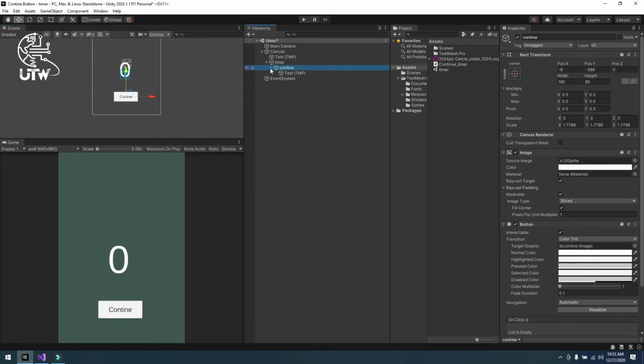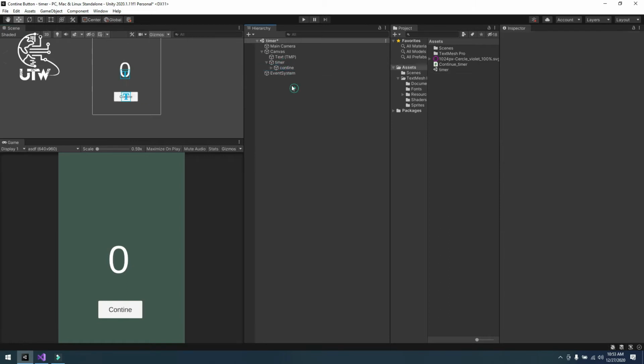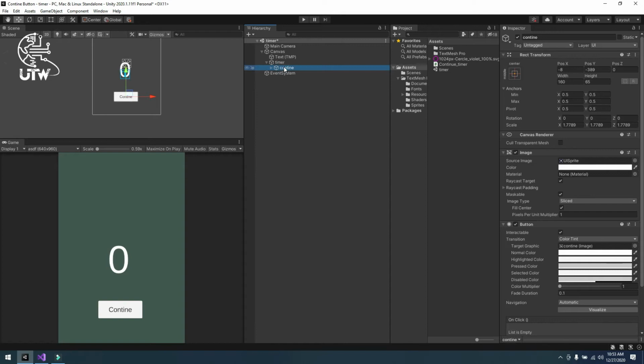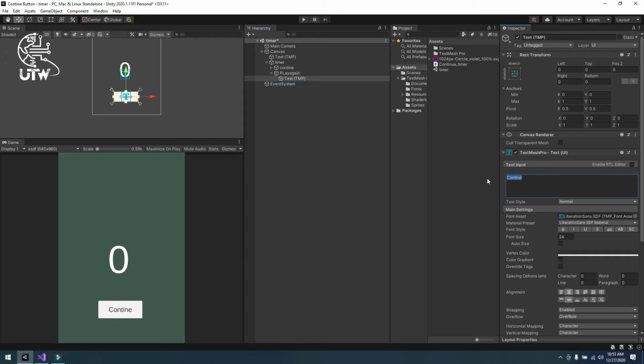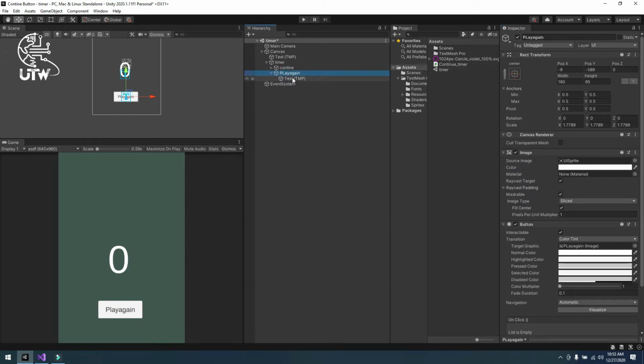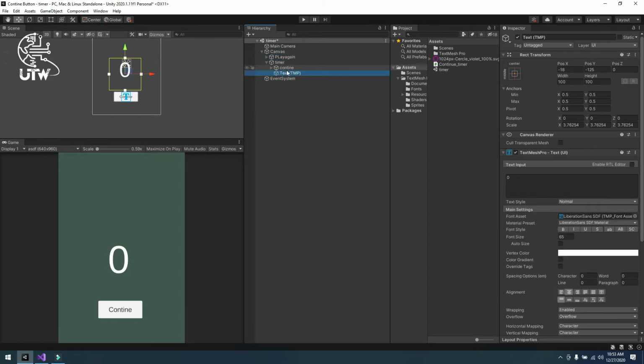Then click on it again and duplicate it and name it play again. Also change its text to play again. Now let's move it outside of this and move the timer inside of this timer text.